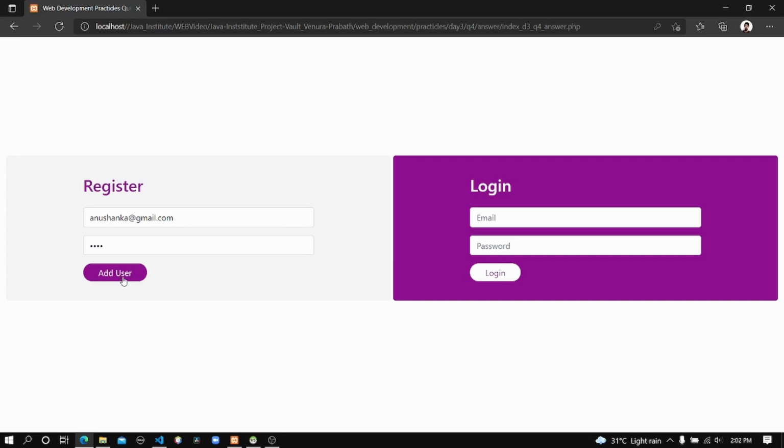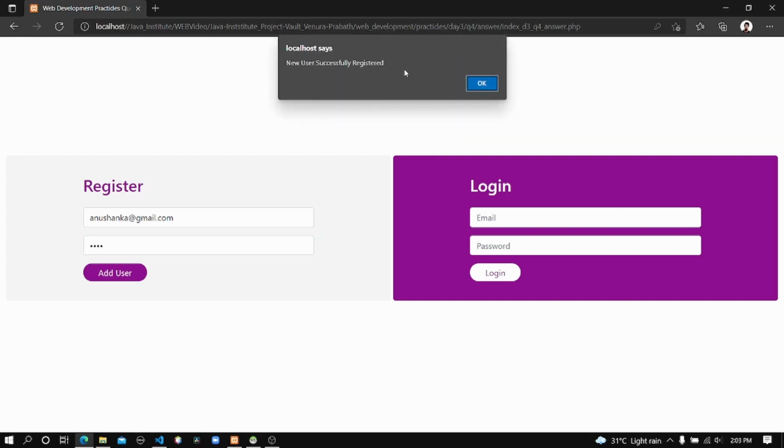When the data is correct, it will register this user as a new user, and we should be able to log into the home page with these credentials. Let me copy the email address, and I entered the password as 1234. Now I'm going to add this user.